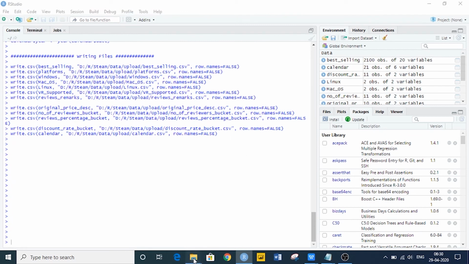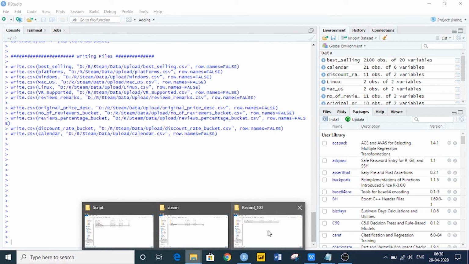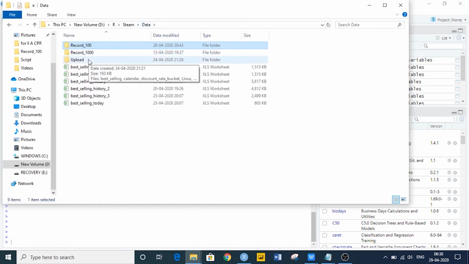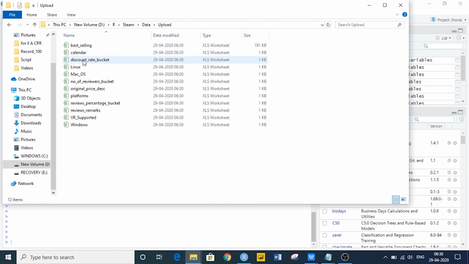We can go to the output of this program. This is a folder where the program has created 12 files. Why 12 files? I have already explained that we are going to convert the data into a dimensional model. So this is the fact table. Best selling is the fact table.